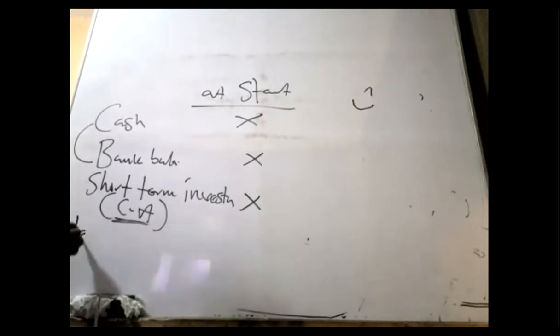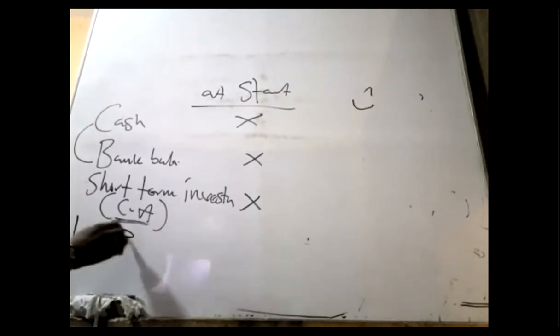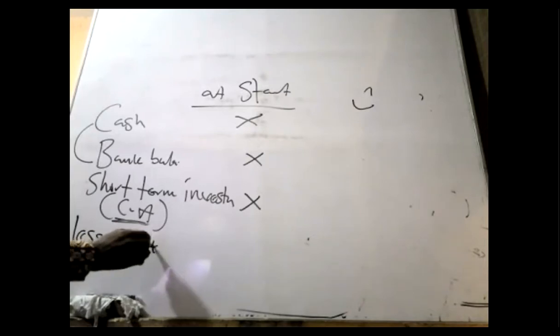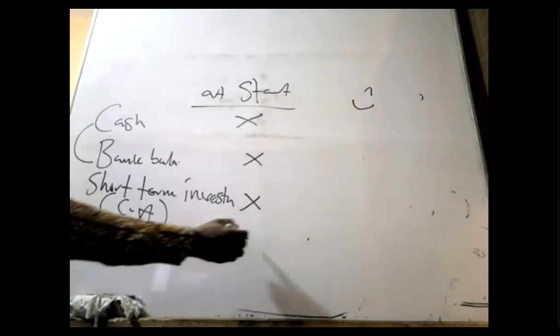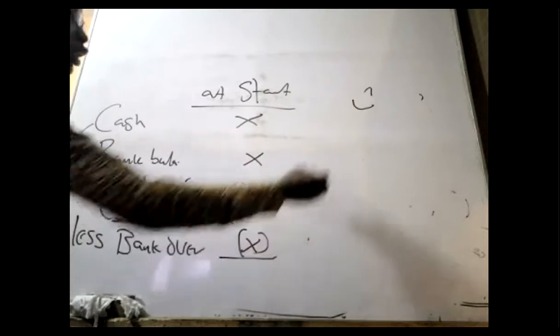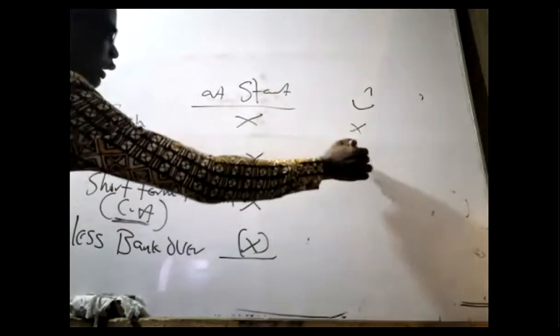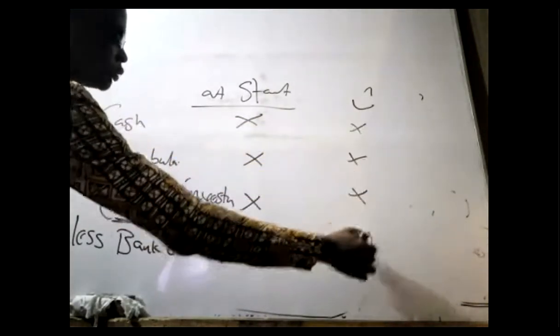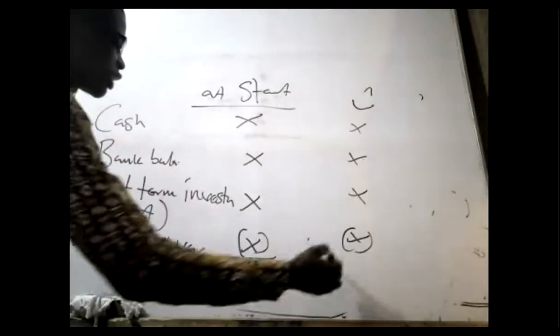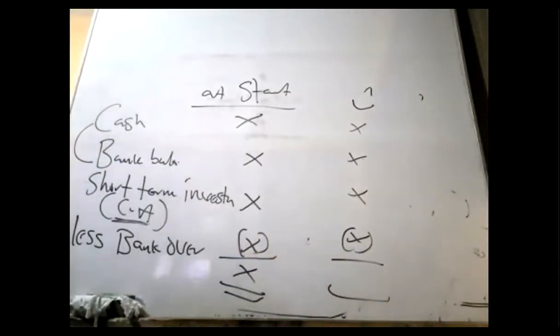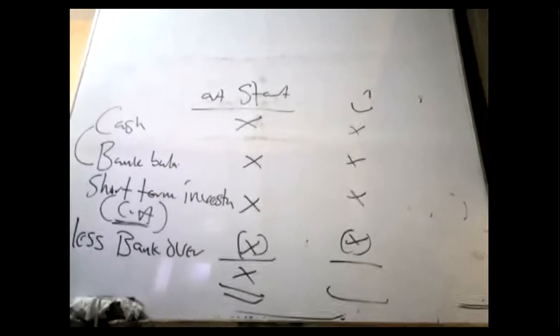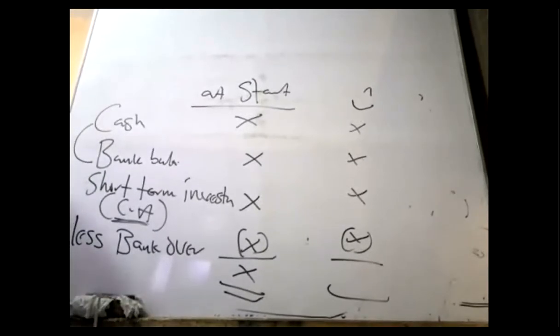Again, less bank overdraft. Bank overdraft only. That is all. This is what you mean by cash and cash equivalent at the start or at the end. Take note. Done. So that's the notes, I'm done with the summary. I'm now going to pick a full question on each aspect today.